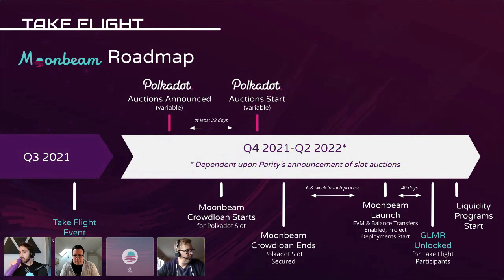I'll go through some of the different steps that have to happen here, but they should look familiar to all of you that have been following the progression of the Moonriver network. So the first thing that has to happen is that parachain auctions need to commence on Polkadot,